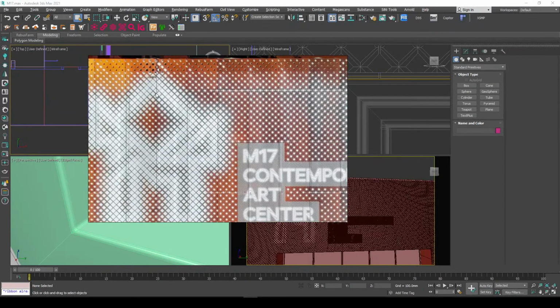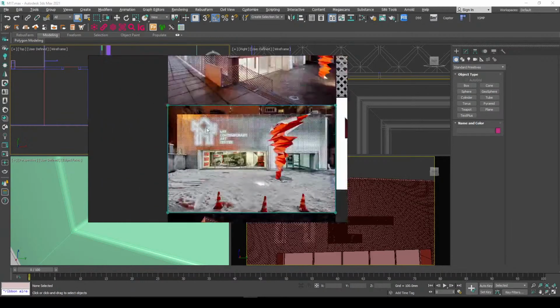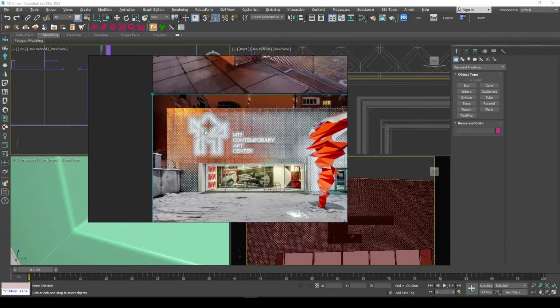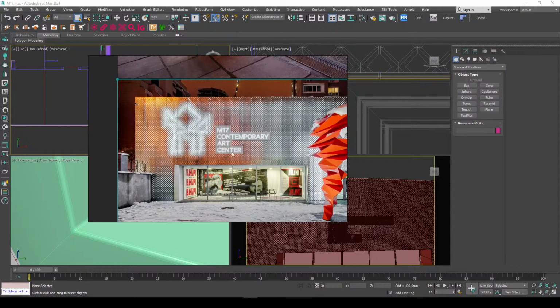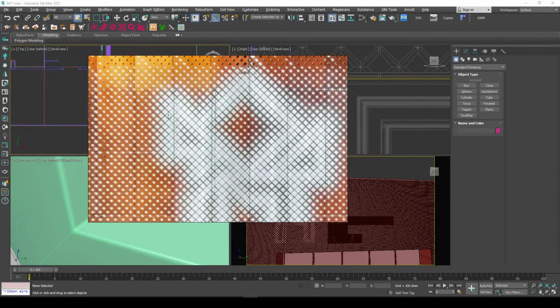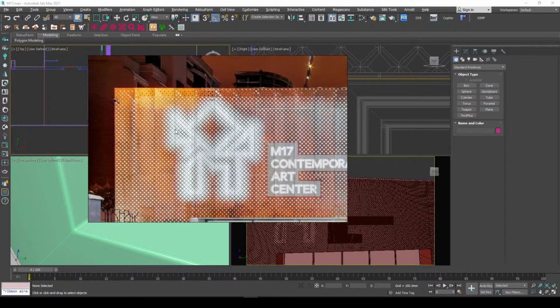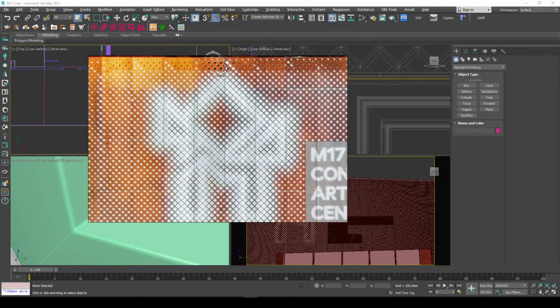At first glance, when you're looking at it from a distance, you would think all the holes are the same, especially these ones here, and you might be confused about what is happening. But when you zoom in, you find out that the holes where we have the logo or the symbol are actually way bigger than the others, right? So it means when you're modeling this kind of project,